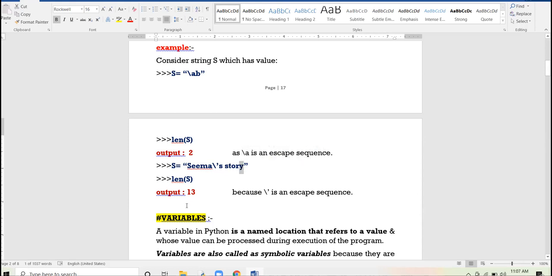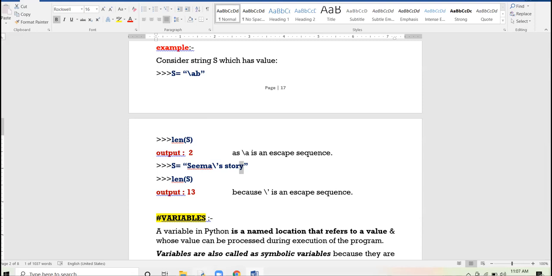Am I clear? 11th, am I clear with both the examples? And how to count the size when an escape sequence is there? Beta, an escape sequence is to be treated as one character. So carefully view the string. Does it contain an escape sequence or not? Right? Clear?